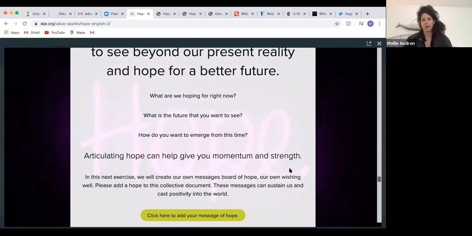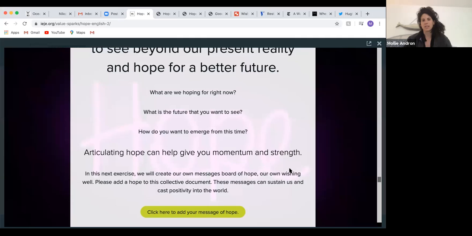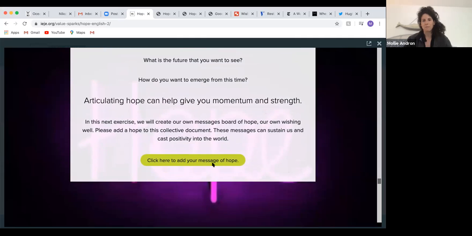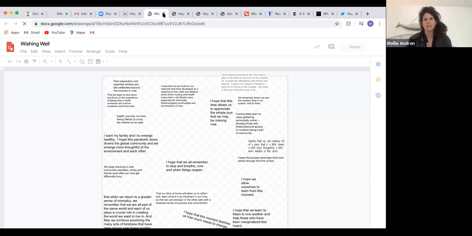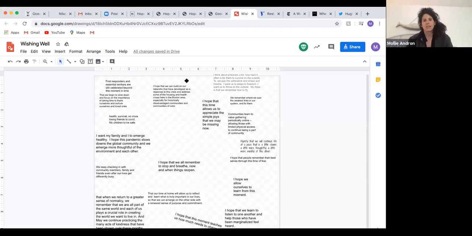What are we hoping for right now? What is the future that you want to see? And how do you want to emerge? We created something similar to what exists on Padlet, which is our wishing well. How can you add to this wishing well something that you are hopeful for, that will hopefully ultimately carry us up and guide us through this really difficult time? So I'm going to stop sharing my screen right there,